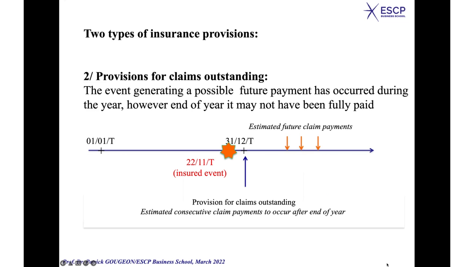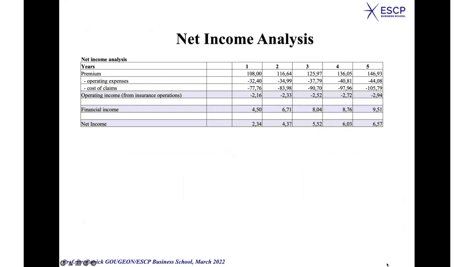So that is what we call provisions for claims outstanding, which correspond in terms of value to estimated consecutive claim payments to occur after the end of the year. This is the second major category of provisions which you find in the balance sheet of insurance companies. Okay? So now,